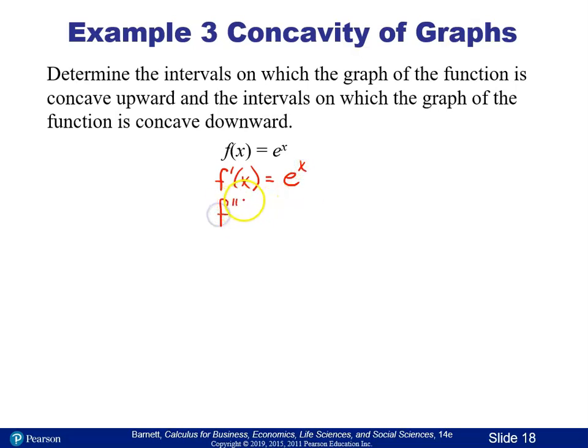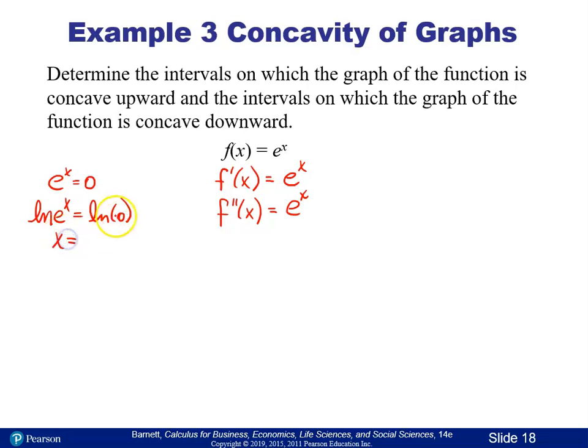And then the second derivative, the derivative of the first derivative, is also e to the x. So our derivatives are pretty easy. The next thing we want to do is figure out where we have critical numbers. So we want to set e to the x equal to 0. We need to solve this little mini equation and see if we get any answers. So if I take the natural log of both sides,